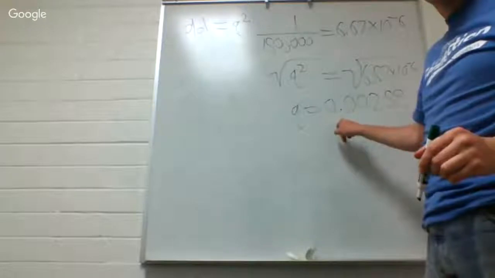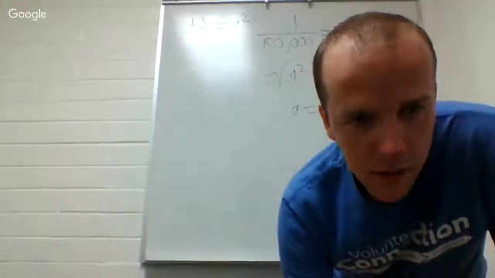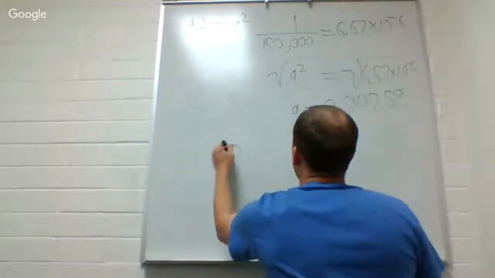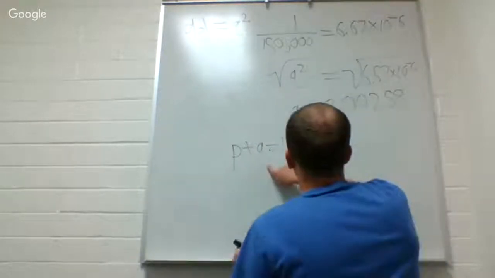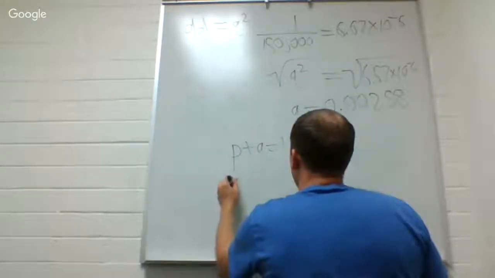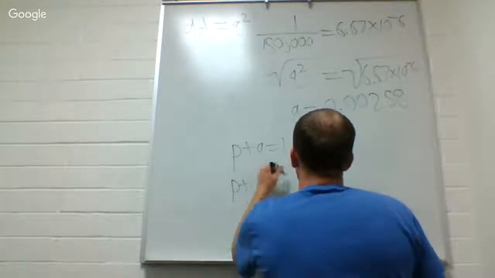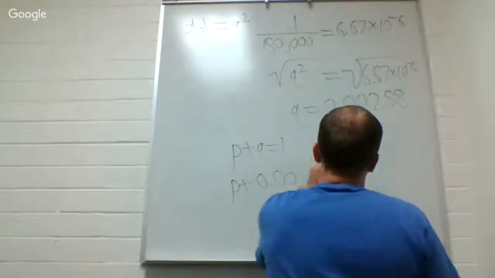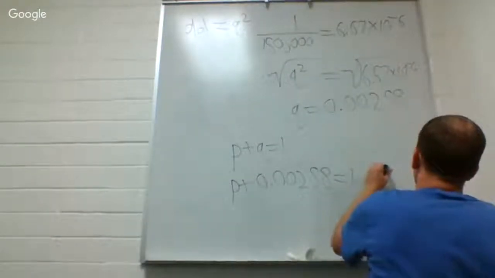So that's going to be the frequency of q, and that's the answer to part A. Now for part B, it's really easy because we just use this formula, P plus Q equals 1. We plug in our Q value and get P plus 0.00258 equals 1. And if we do some algebra, we get P equals